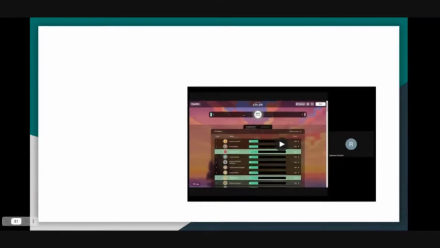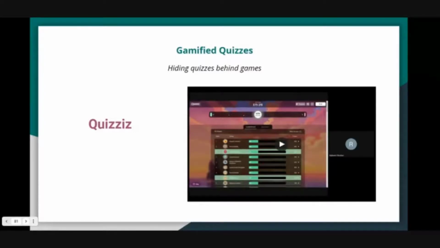The next such tool, a knowledge check tool, which is similar to a game interface, is called Quizizz, right? So this is, again, like I said, not gamification, but just hiding a test or a quiz or a knowledge check assessment questionnaire behind the veil of a game, right? So the interface is actually quite interesting, and it's fun. There is music, and you can insert memes, and what the students see at their end is just like a quiz contest, where a scene will come, and then they can respond.